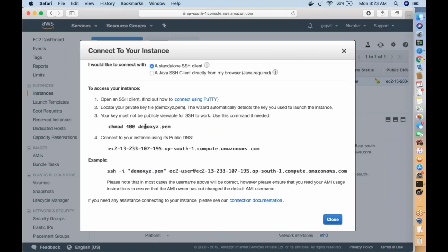See. So first of all, make sure you protect your PEM key. chmod 400, I'll come to that shortly. This is the command to protect your PEM key. The PEM is a private key, right? If someone is using your laptop, for example a shared laptop, and you have open permissions, then other people can see your key. To avoid that, you are advised to protect your key using this command.